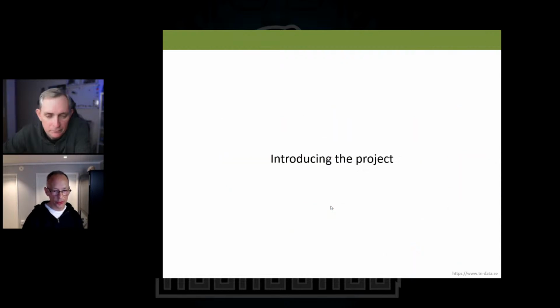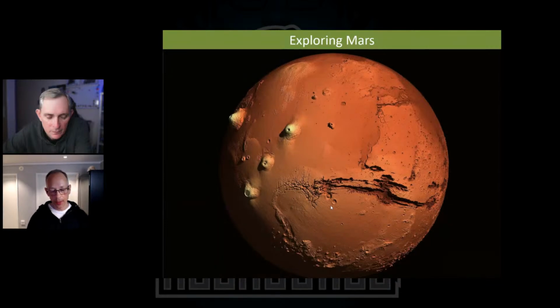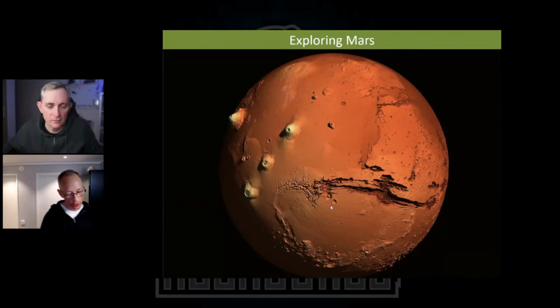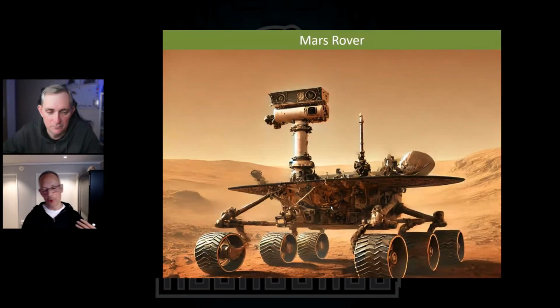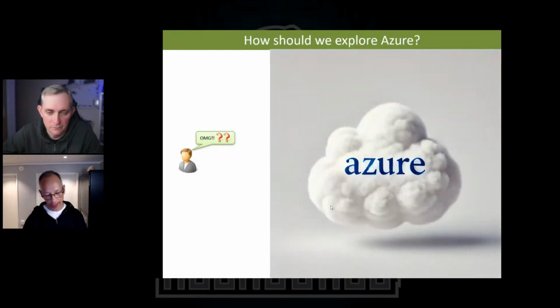Well, my project was because if we, for example, want to explore the planet Mars, how do we do that? Well, we are in pretty early stages so far. But what we do is we send a Mars rover, a probe, some tool that can do experiments, peek and poke, and measure the planet Mars to really learn about it. And I think we need the same approach if we want to learn Azure Cloud, because Azure Cloud is so big, it's unknown, there's a lot of danger, pitfalls,